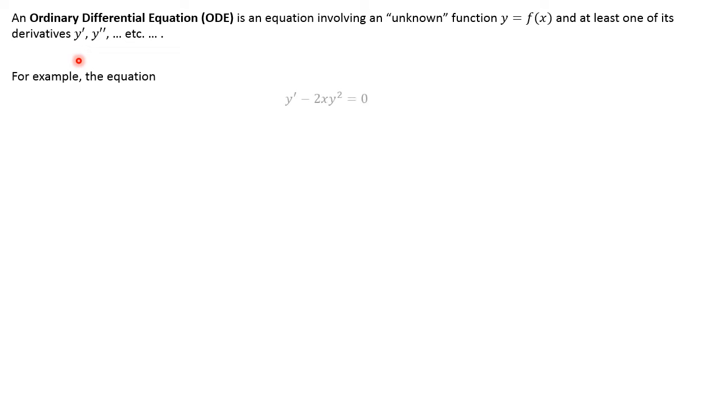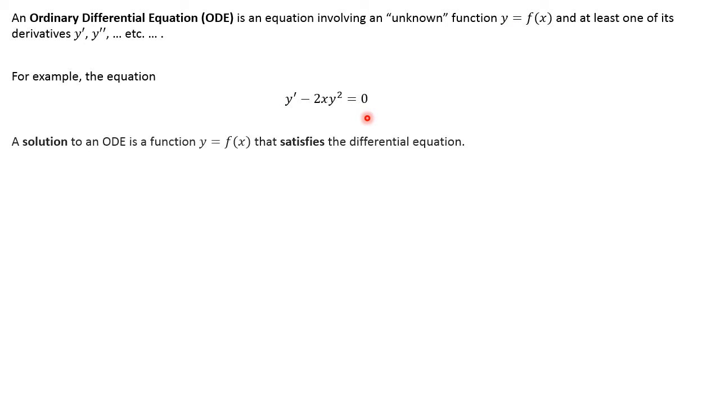A differential equation, well, it's an equation, and it involves a function and at least one of its derivatives. So an example is this. We have the derivative of y minus 2xy squared equals 0. This is a differential equation. To solve a differential equation means to find a function, an unknown function, y as a function of x, that